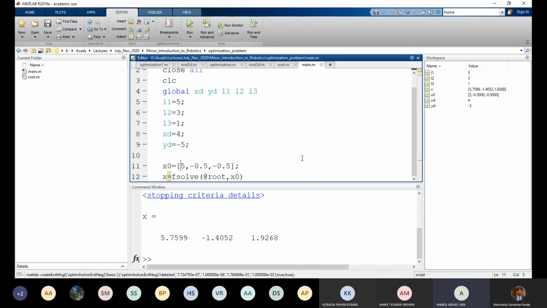Yes, sir, because even if you read the documentation, it says it uses a hybrid method of steepest descent and the Gauss-Newton method. So they will converge to a local minimum only. So you will get different answers for different initial values. Yes, maybe the value of theta 1, when you take the sine or cosine of it, I don't know if that comes out to be the same, but certainly the values of theta 1, theta 2, you can get different.